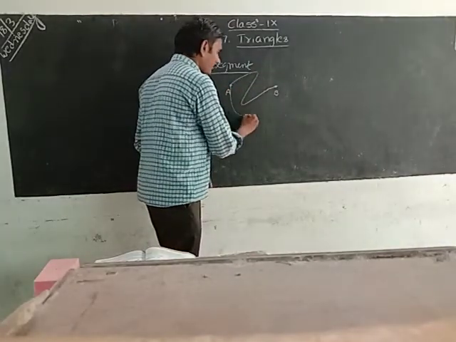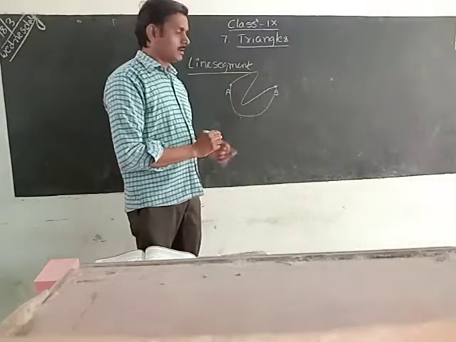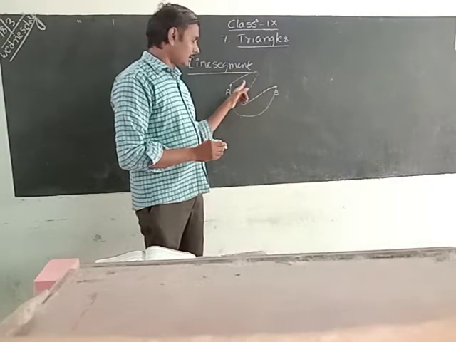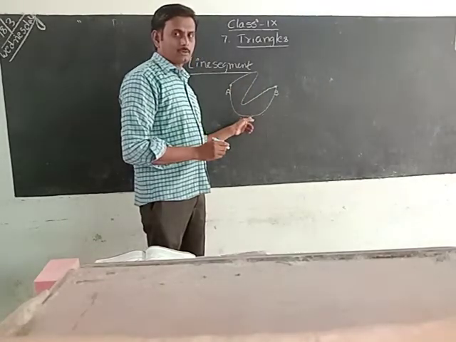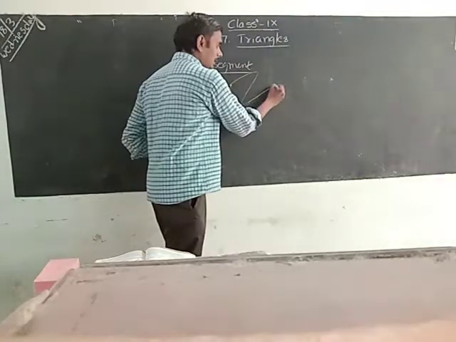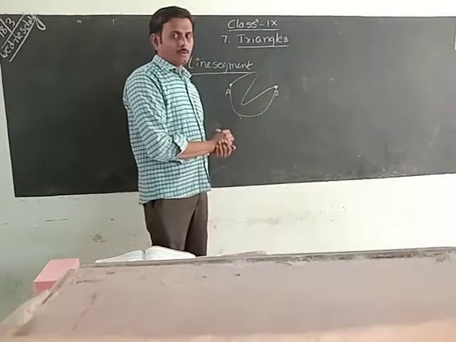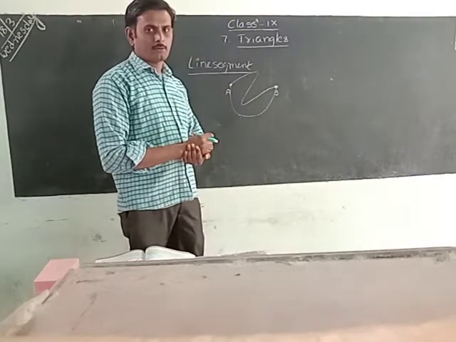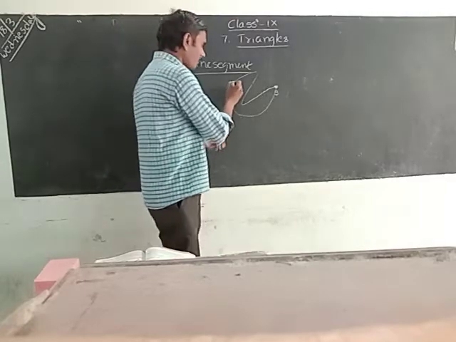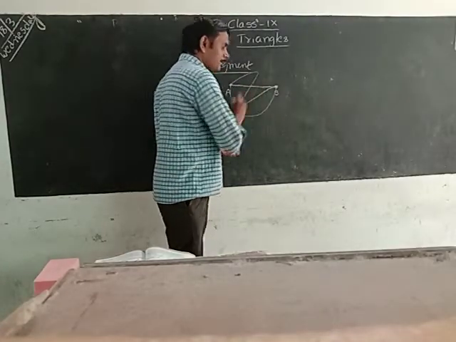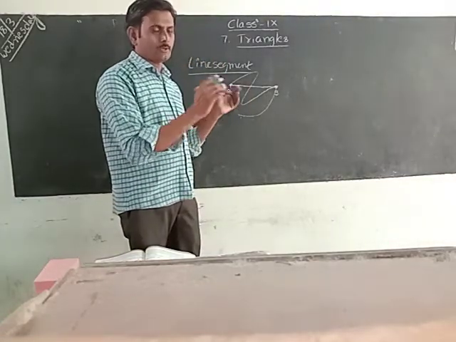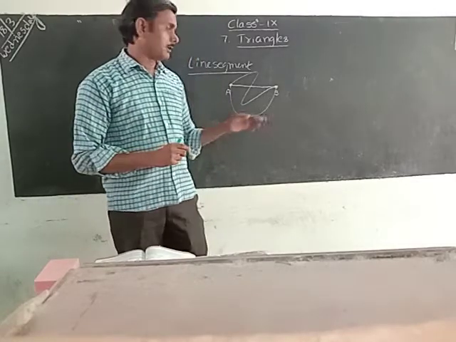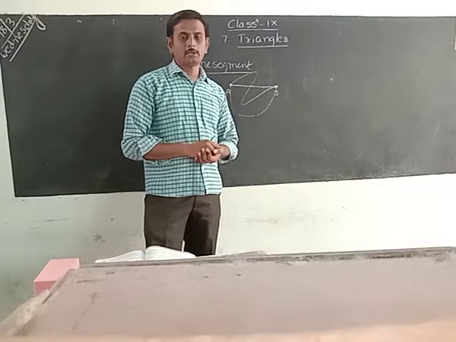And one more we have to draw like this. First method, I join AB with this curved line. Second time, I take this line to join this AB. This is point A, this is point B. Okay, one more representation I want to take here. We have to join with a straight line. First two lines I took are curved lines, and the third one I took is a straight line.